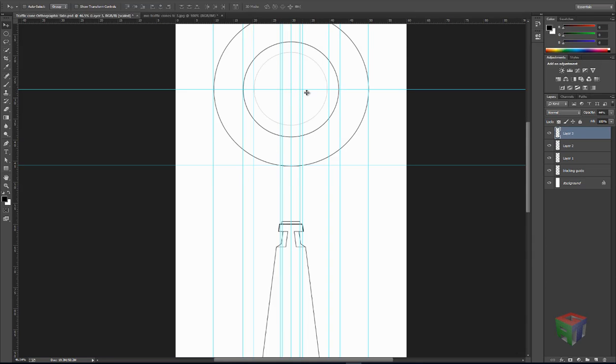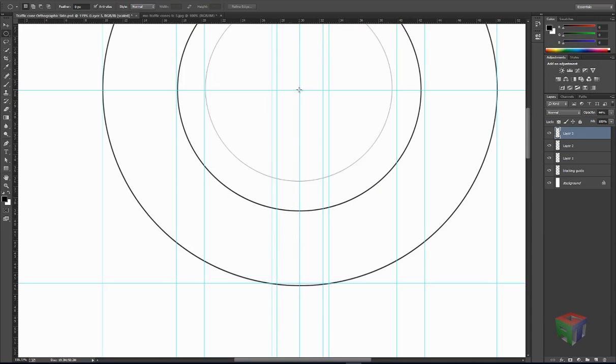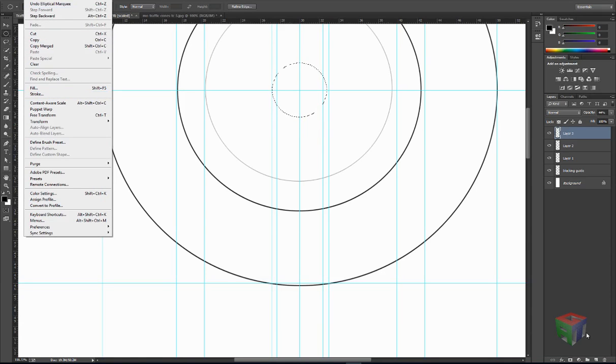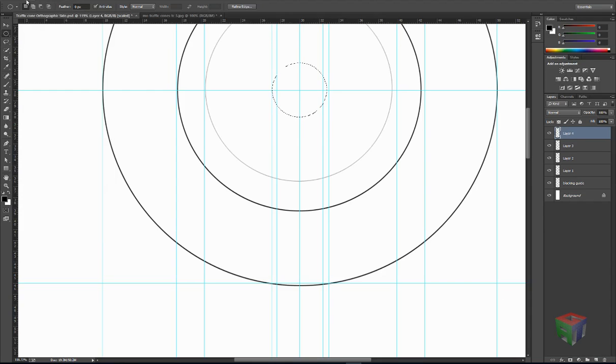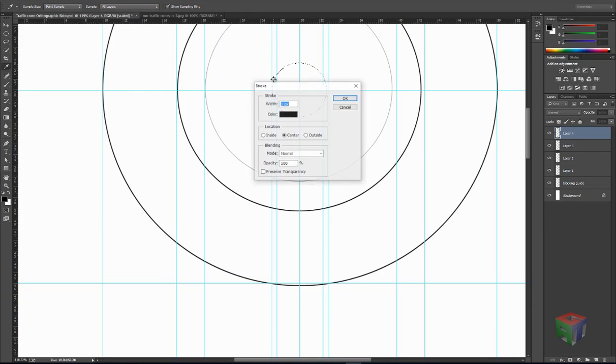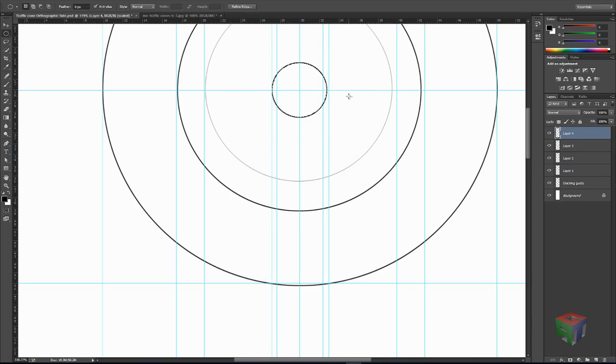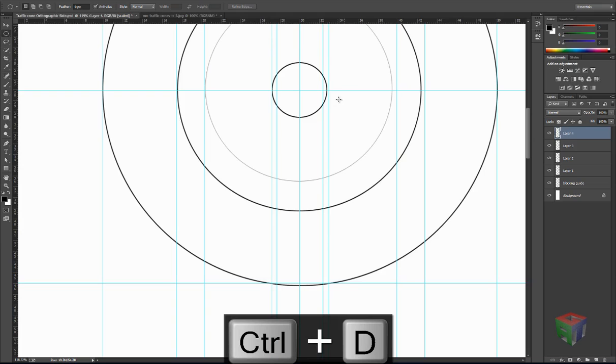Okay, so the next one in is going to be the smaller ring. Let's just zoom in on this. You can see that obviously our right hand guide is slightly off. So let's just add another layer. And we stroke this layer. Do this with a 2 pixel. Deselect that, and then our final one, which should be